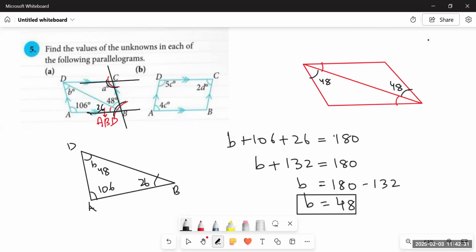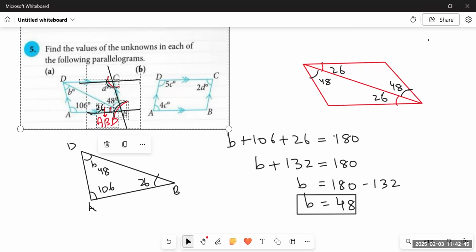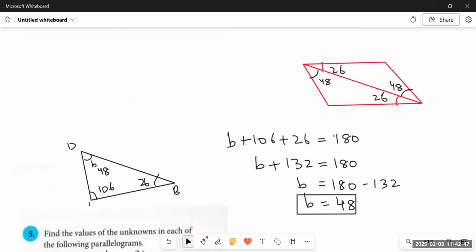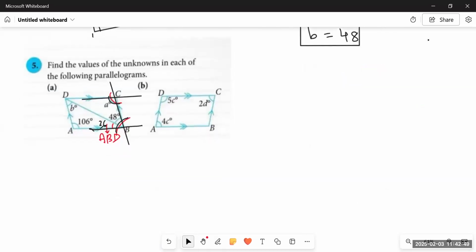This was given, angle DBC was given as 48 degrees, and we have found angle B, which was ADB, alternate of 48 degrees, both are 48. And similarly, if this angle is 26, this would also be 26. This is one of the properties that you can remember. It would help you out. Okay. And if you don't want to use this property, you can use other properties that we have already discussed.